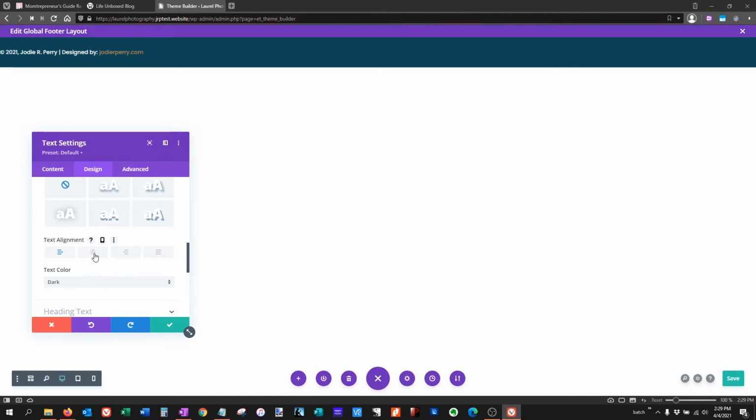Or the center of the row there. I think that looks good. We're not putting anything else in this section, so it can live right there in the center. So now we are going to save. And we're still working on it, but let's just go ahead and save it because you don't want to lose